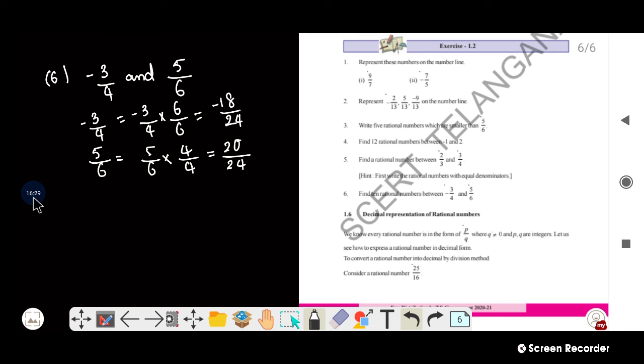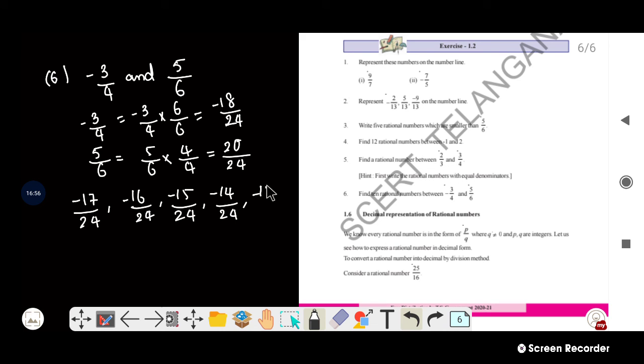So what are the 10 rational numbers? Minus 17 by 24, comma, minus 16 by 24, comma, minus 15 by 24, comma, minus 14 by 24,